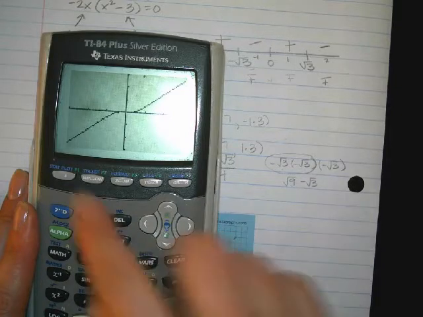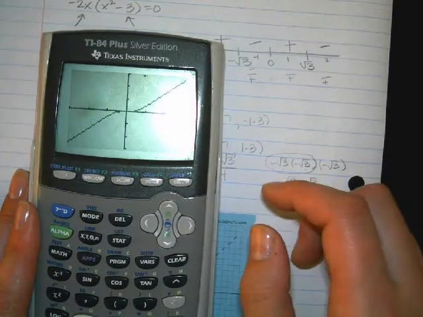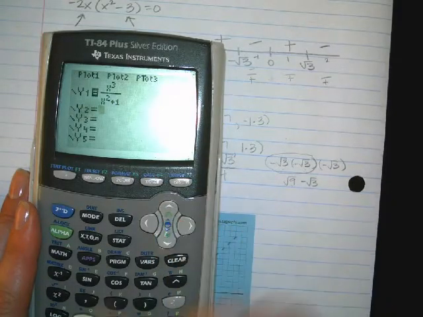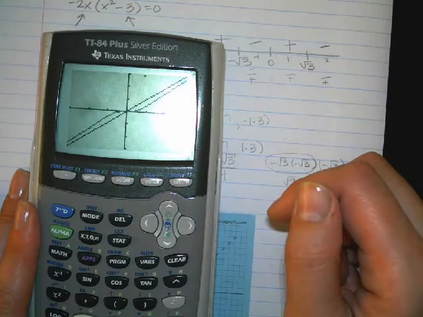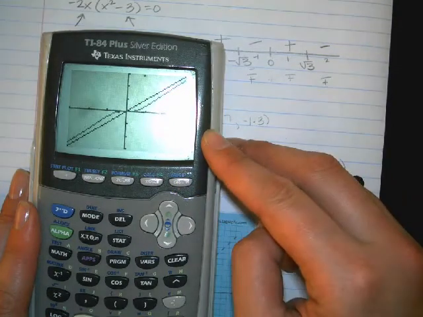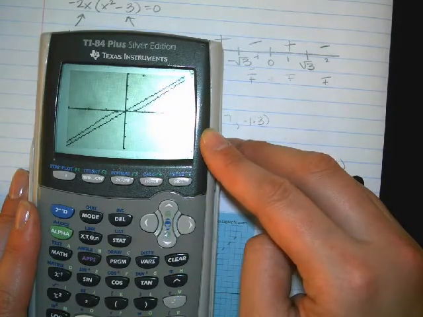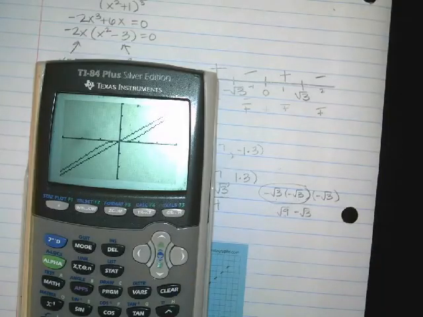Okay. Now, if you want to be able to see how it is approaching the slant asymptote a little bit better, you can hit your y equals button and you can graph your slant asymptote. And then you can see it a little bit better. All right. Does that make sense? Okay. So, for the assignment you guys have,